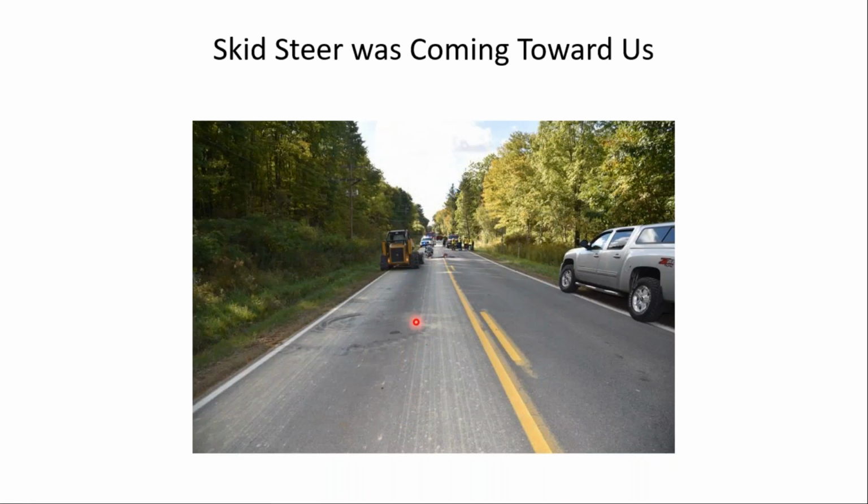The skid steer operator claimed he never knew that something had struck him. He didn't feel it or didn't hear it, and so he continued straight ahead, coming toward the front of this photo. But apparently, at about the time of impact, this vehicle was driving in the opposite direction. So it would have been going south. And in this vehicle was an 18-year-old high school student with his younger sister, and they were driving back home from school. It was the end of the school day. And they witnessed what happened.